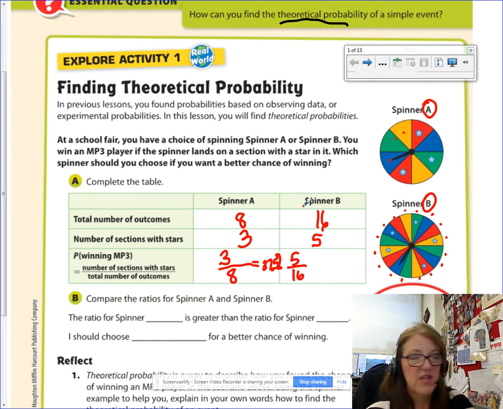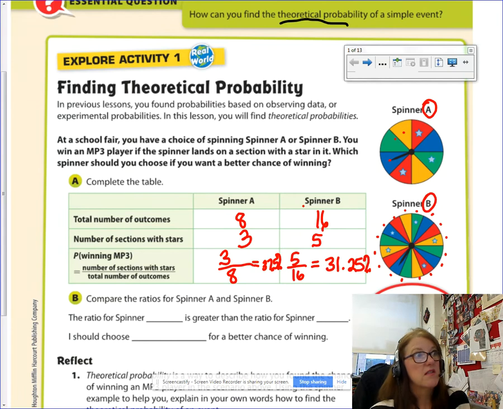And now when you take 5/16 and turn it into a decimal, which, by the way, if you went ahead and actually just took 3/8 and turned it into 16ths, you're going to see that this is a bigger value. But just for fun, I turned this into